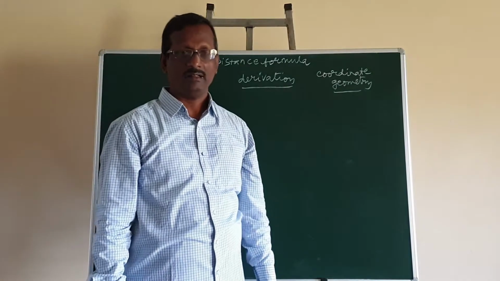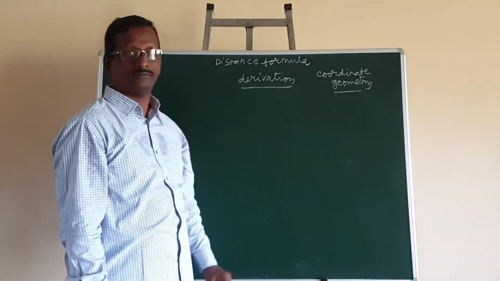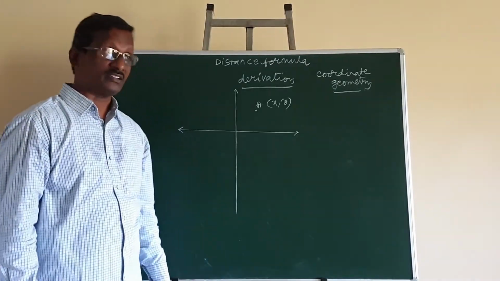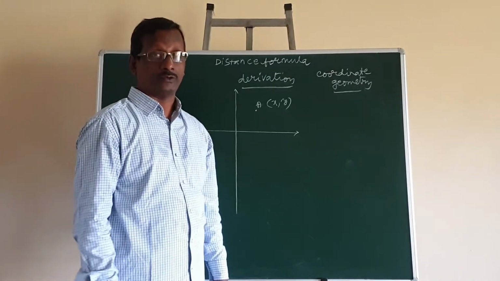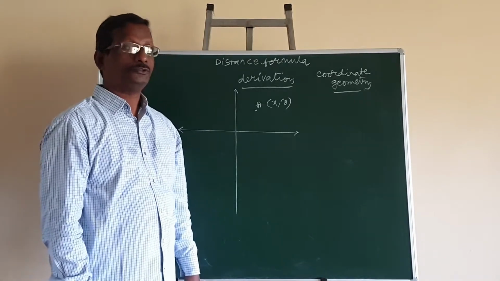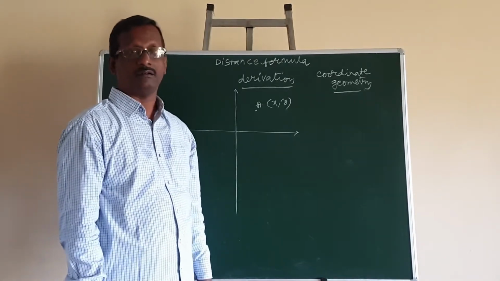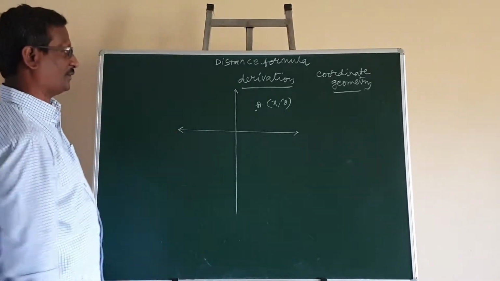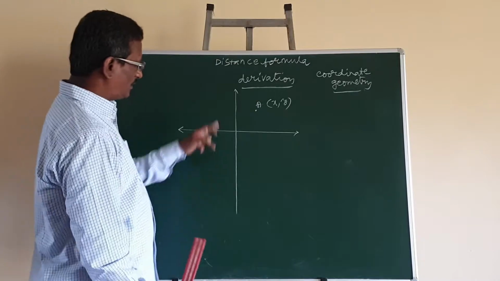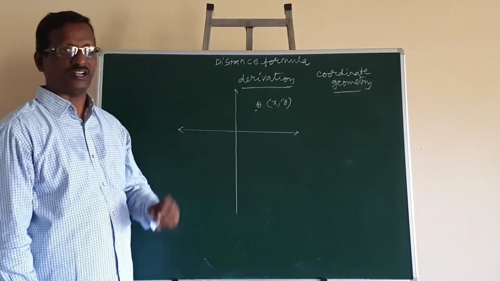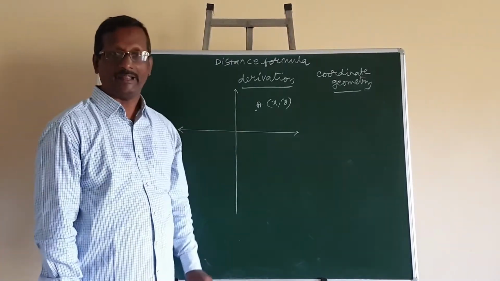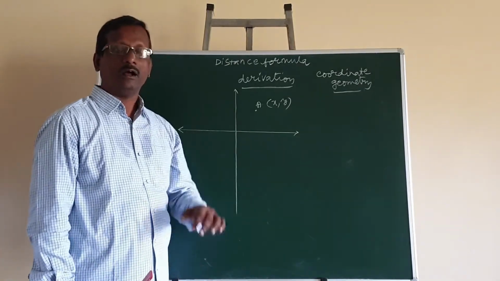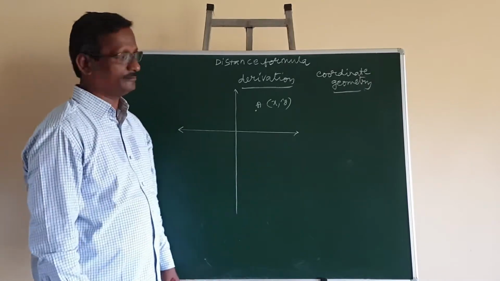Welcome to the session. In this session, I want to derive the formula for the distance in coordinate geometry. To understand the distance formula in coordinate geometry, we need two or three important points, or basic knowledge required for the distance formula. Suppose in the rectangular coordinate system, or the Cartesian plane, there is a point A with the coordinates x comma y. What do you know about the distances?